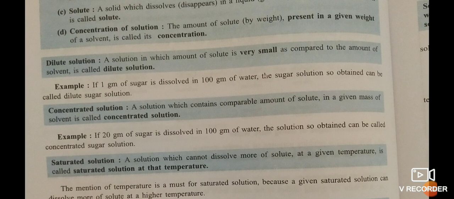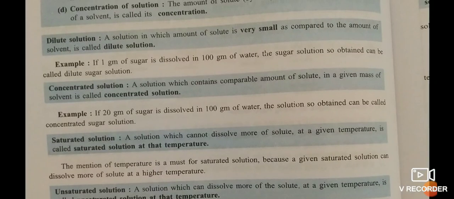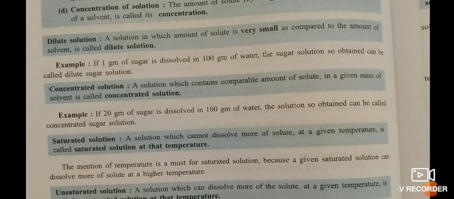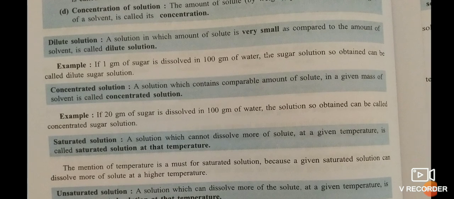The possibility is that the third or the fourth teaspoon of sugar may not dissolve in my tea, because in every solution a fixed amount of solute can be dissolved. What's the reason? We have done that in our lower class. Liquids have little intermolecular space between them, and the substance which dissolves in a liquid occupies those spaces. And once those spaces are filled, you cannot add more solute to it.